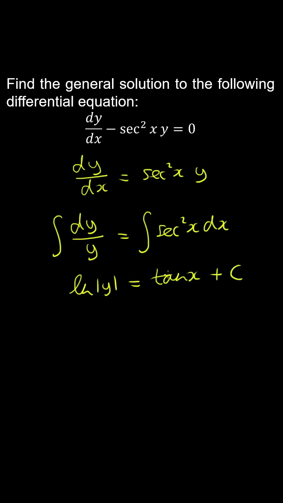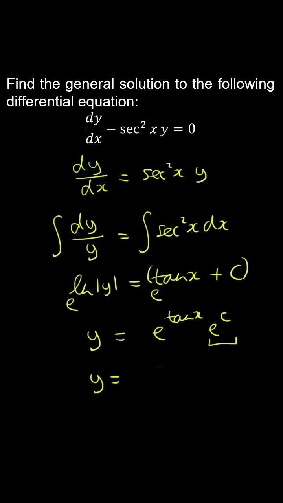And now we can take e to the power of both sides, so therefore we obtain y is equal to e to the power of tan x times e to some constant, and this is just another constant, so we can write y is equal to some other constant times e to the tan x. And that's our general solution, which you can differentiate and substitute back into this equation to verify that it satisfies